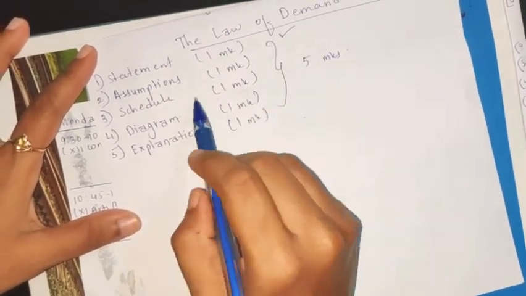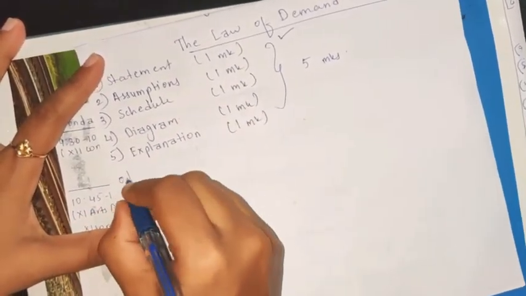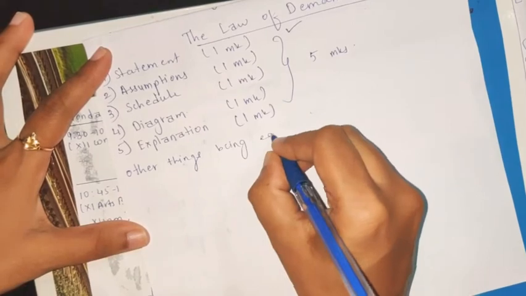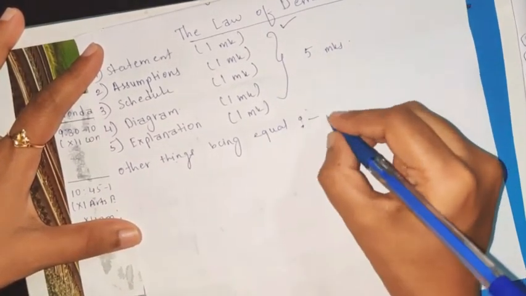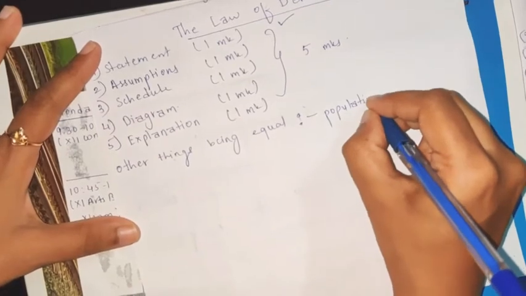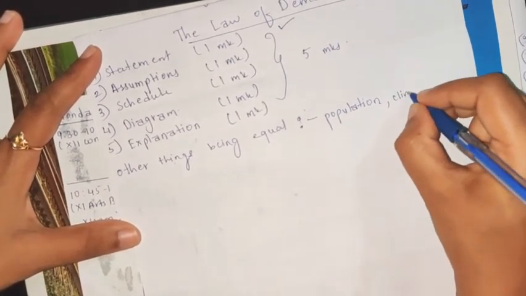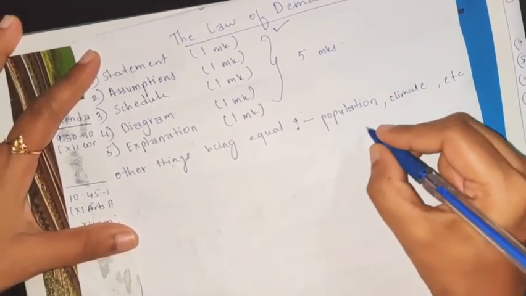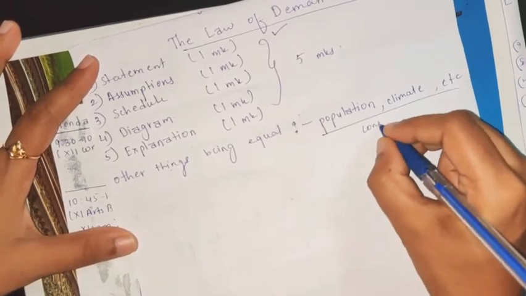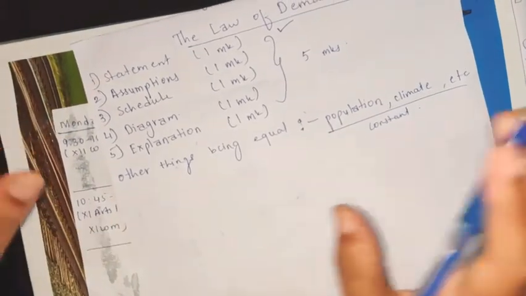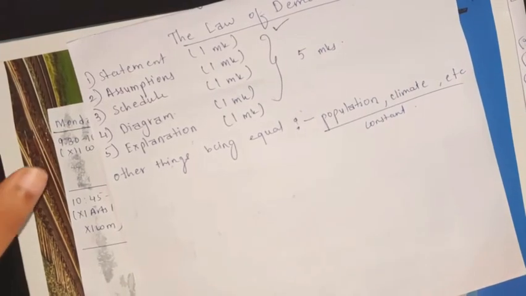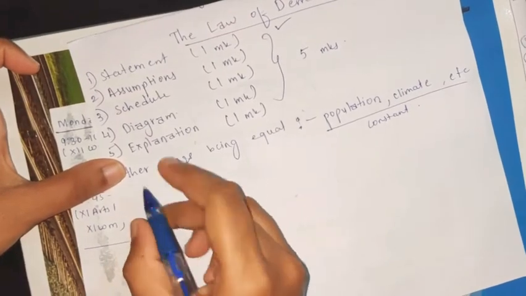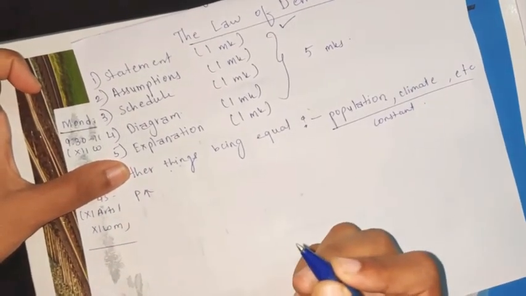Statement: the law of demand states that other things being equal, which signifies that population, climate, etc. remain unchanged, or all these things remain constant. That means there is no change in population or climate or any other factor other than price. Understood? Over here the statement says that when price increases of any particular commodity,